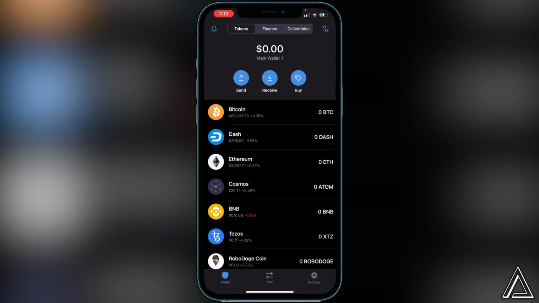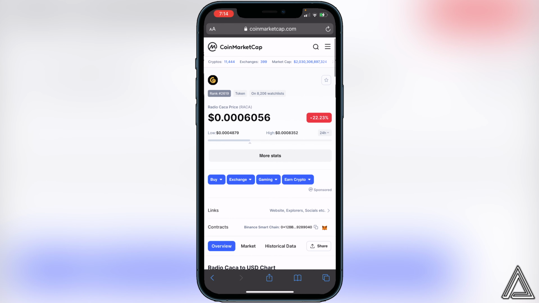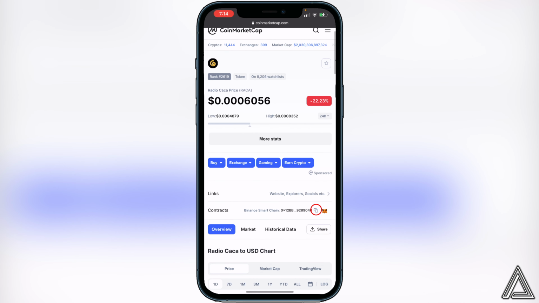But all we have to do first off, once we have our BNB inside of our Smart Chain wallet, is just head over to CoinMarketCap and get the link for the contract address and then paste it into our Trust Wallet here. So I'll have a link for CoinMarketCap in the description below and in the comment section as well. So just head over there and I'll show you guys what to do. If you guys just head over there, you'll see right here the token. And all we have to do here beside contracts, just copy this contract address